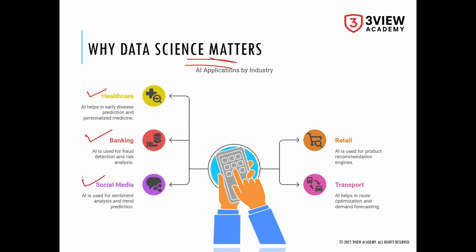Another one is social media. Day to day, we all use social media, Facebook, Instagram, and we know when we watch a certain type of content, you will notice that Instagram understands your liking, what content you watch more. Based on that, the algorithm is designed in such a way that it will push you that same content, and also based on your interest, you will get the advertisement.